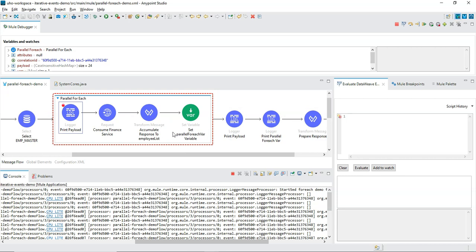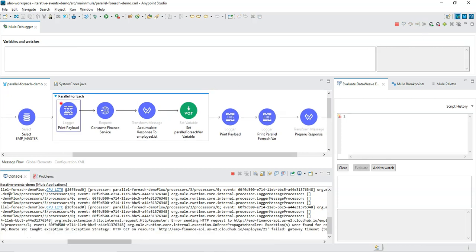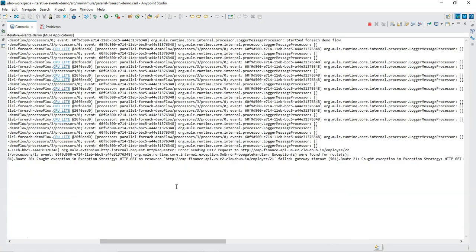That means it could process some of the records, and on failures it could not process some of the records, and finally it gives a composite error and terminates the process execution, same as scatter gather. Now let me finish the execution and observe the logs.